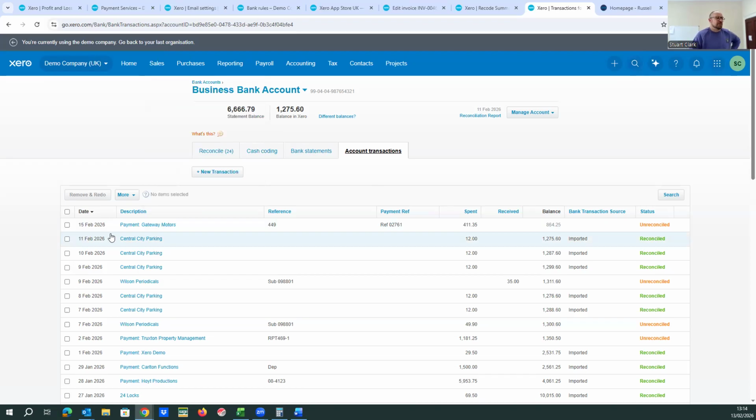If I search for Gateway Motors, it would show me all the transactions for Gateway Motors. So I know I've paid such and such, I paid this amount, I can't remember when. Then you can search within that. And my last thing that I would say is, it doesn't happen very often, but I would just always check